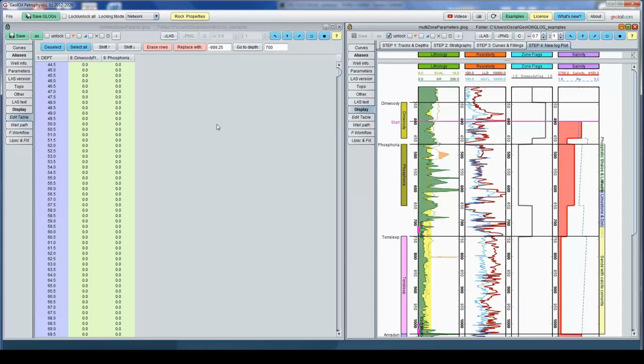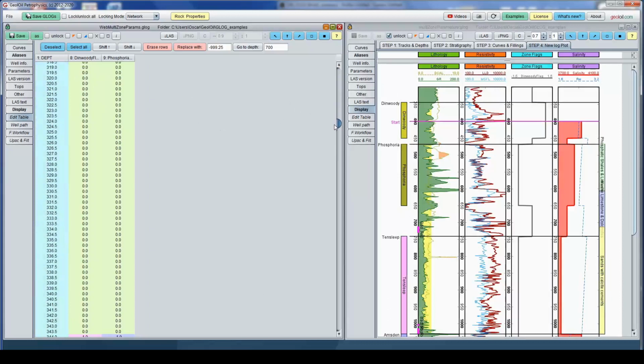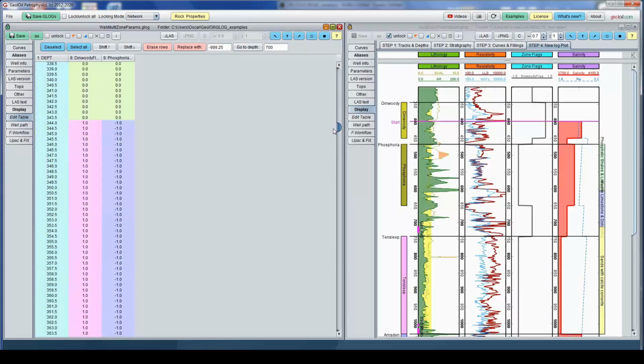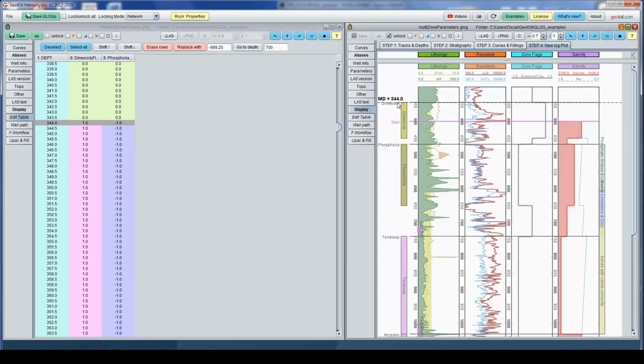We do not have any knowledge of the stratigraphy there. So it starts with 0. I do not know, says Joloi. Then you go deeper and see this. This is the Dinwoody flag. Here starts Dinwoody. And what about Phosphoria? Phosphoria here starts with -1. That means, since Joloi knows that this is Dinwoody, Phosphoria is a no. It means I know that this is not Phosphoria because it's Dinwoody.